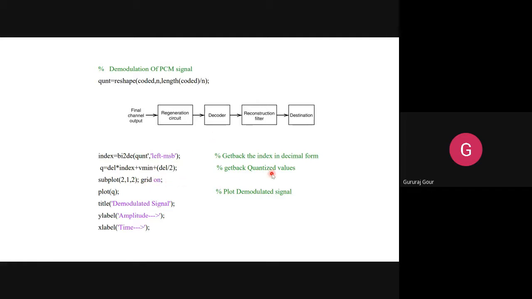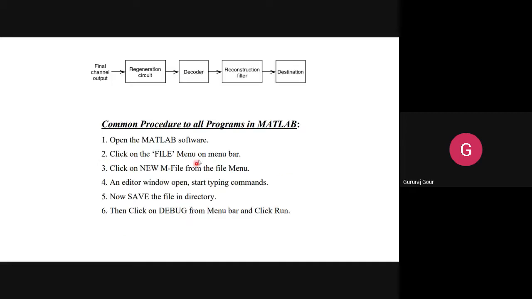Then we get back our quantized values with this equation. This gives us the final plot of Q, the continuous time demodulated signal. So the procedure is very simple.